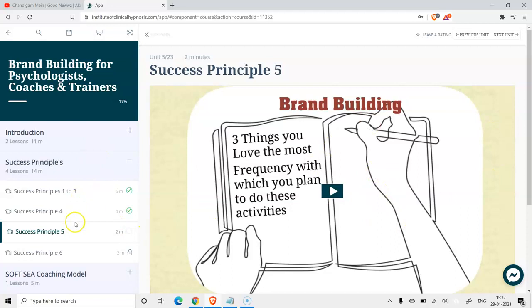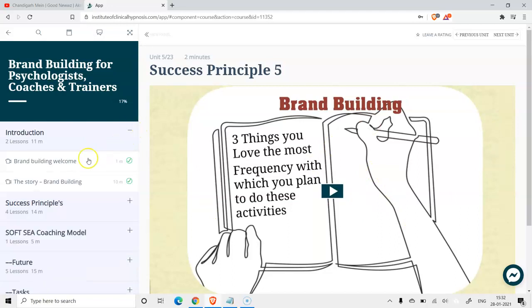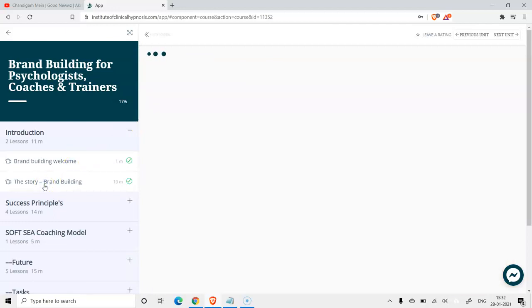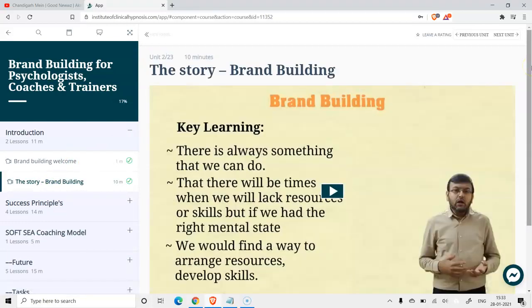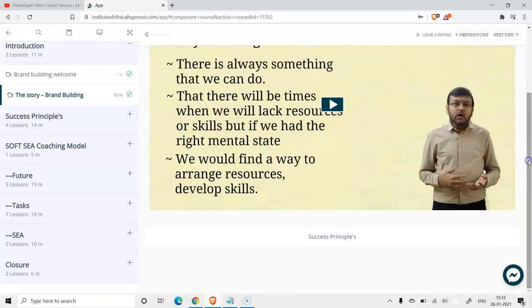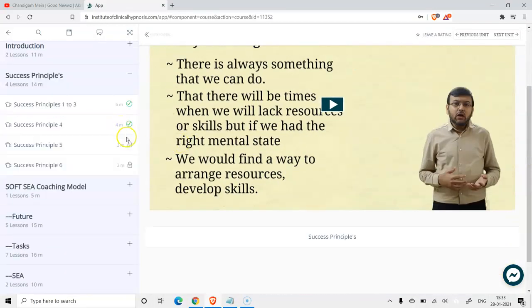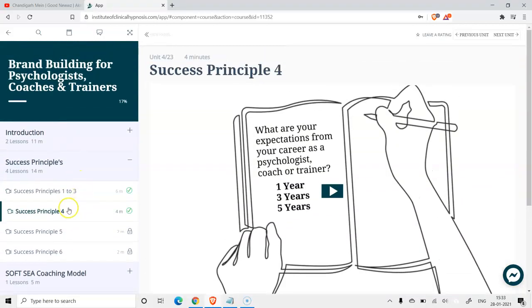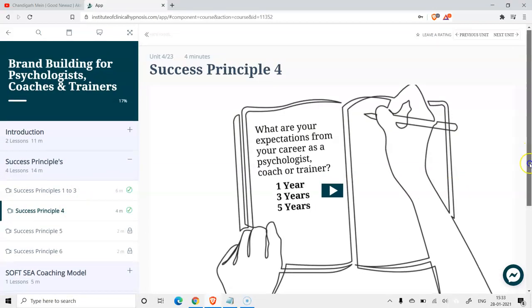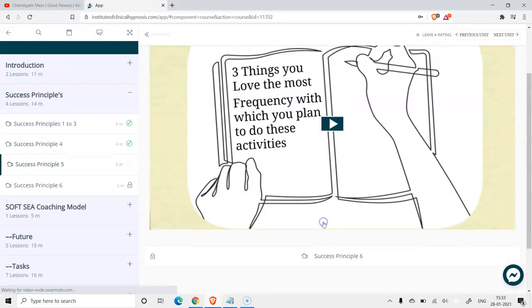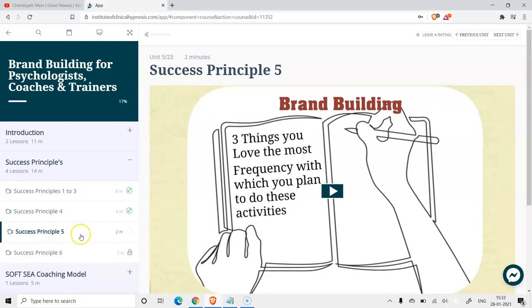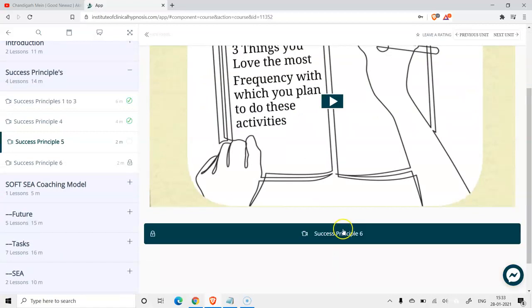All the units that you finished earlier, you will be able to go back to those units in any order. So for example, I can directly go back to the second unit. And from here, I can also directly go back till the last unit that I've completed without having to watch the video completely. But after this, if I want to go to the next unit, I will need to click on this. And after this, I'll only proceed when I've watched the video completely and I've marked the unit complete over here. I hope this is clear for all of you.